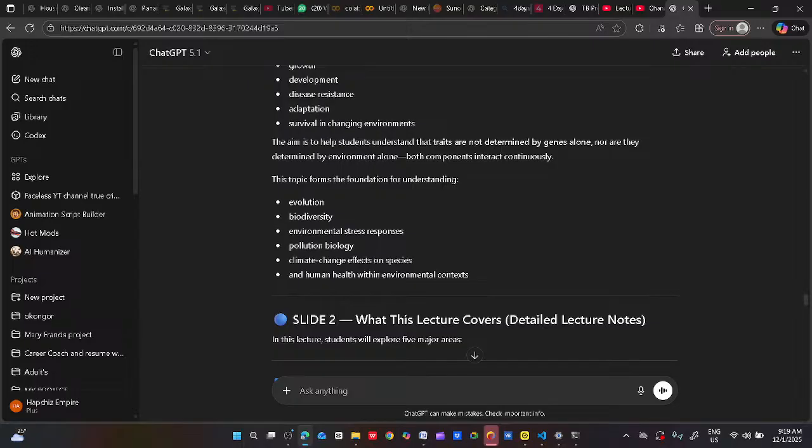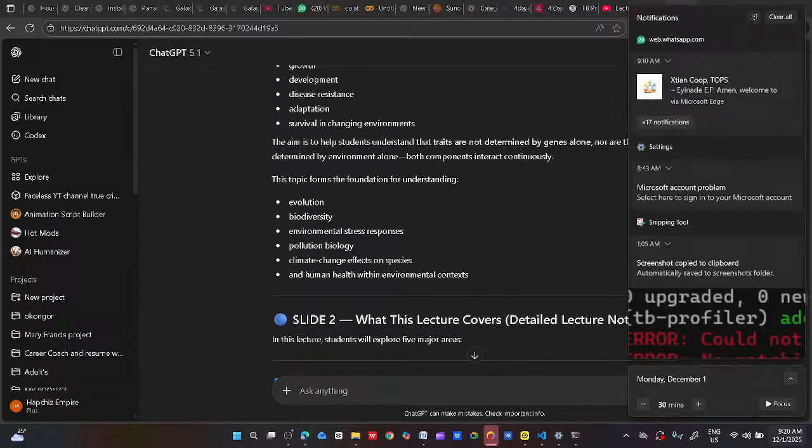If you have any environment, you will know that no single organism can exist in isolation. It has to coexist with other organisms, including microorganisms, micro environment, and others. So that is biodiversity. We are going to see more about this as we go on. And the way they also respond to environmental stress is also very, very important. Then in this course, we also look at pollution biology. That is, we have to look at how the coexistence of organisms, in any way, is going to